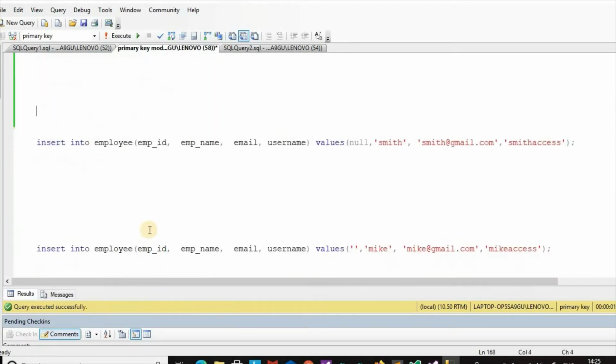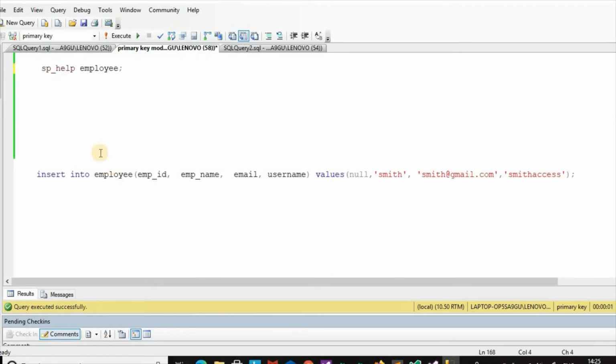Now we can insert. First query: insert into employee EMP ID, EMP name, email, username values null, smith, smith@gmail.com, smith class, smith access. Here for EMP ID we have given null.